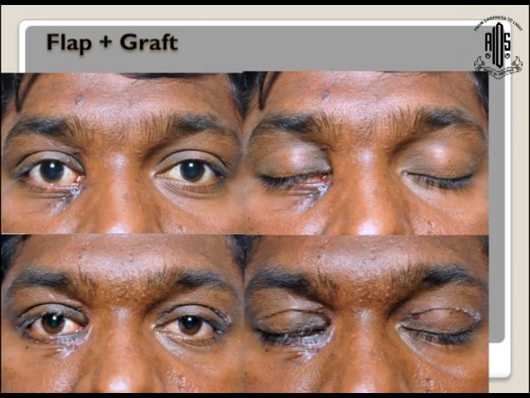In certain situations, if the amount of anterior lamella that you get with the flap is not sufficient, you can add to it with a skin graft. So this is a patient pre-operatively has a medial ectropion. We've done a flap and brought down skin from the upper eyelid, but that was not sufficient and we've added more skin from the contralateral upper eyelid as a skin graft underneath the flap. So this is a patient who's undergone both a flap as well as a graft.